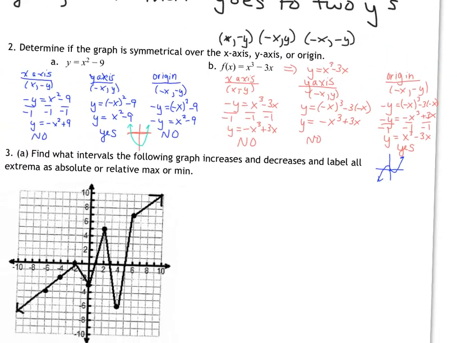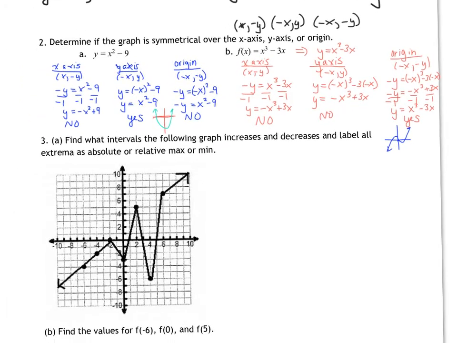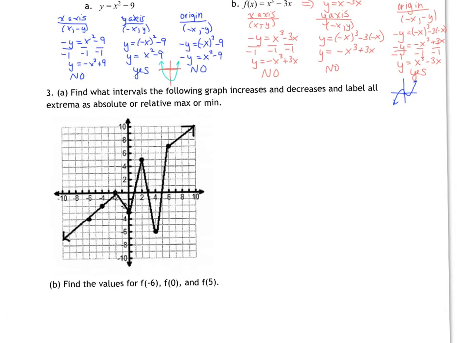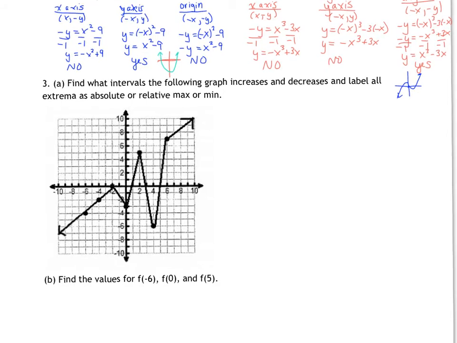Okay, so for the next problems, we're going to look at this graph here. We want to find the intervals where this is increasing and decreasing, and label all extrema as absolute max or relative max or min. Okay. So first thing I'll do is I'll look at where this thing is increasing. So anywhere the function is going up, we'd say it's increasing. So it's going up in this area. So my increasing intervals